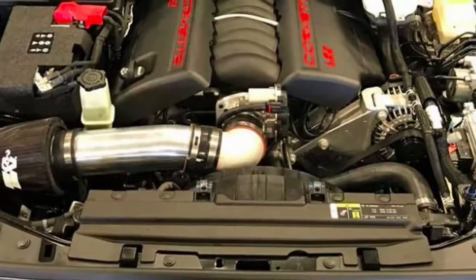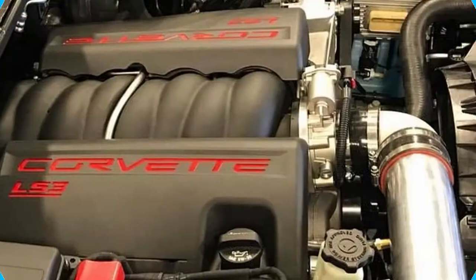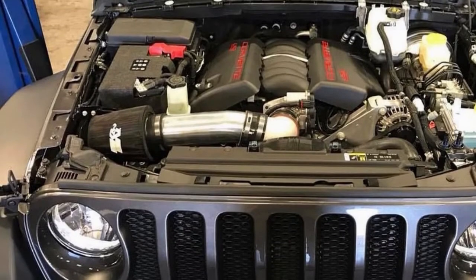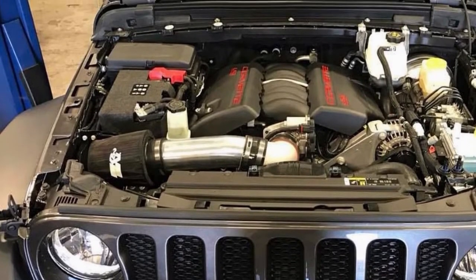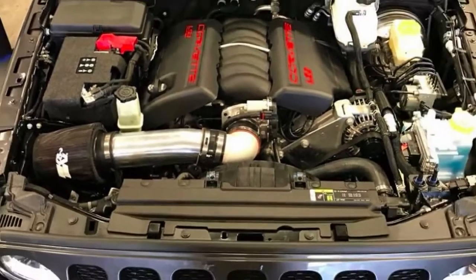Jeep doesn't offer its all-new 2018 Wrangler with a V8, but a shop in Florida has remedied the situation, dropping a small block Chevy under the hood. That didn't take very long, did it? Bruiser Conversions of Clearwater has announced that it's offering V8 conversion kits for the JL-generation Wrangler using a Chevrolet LS3